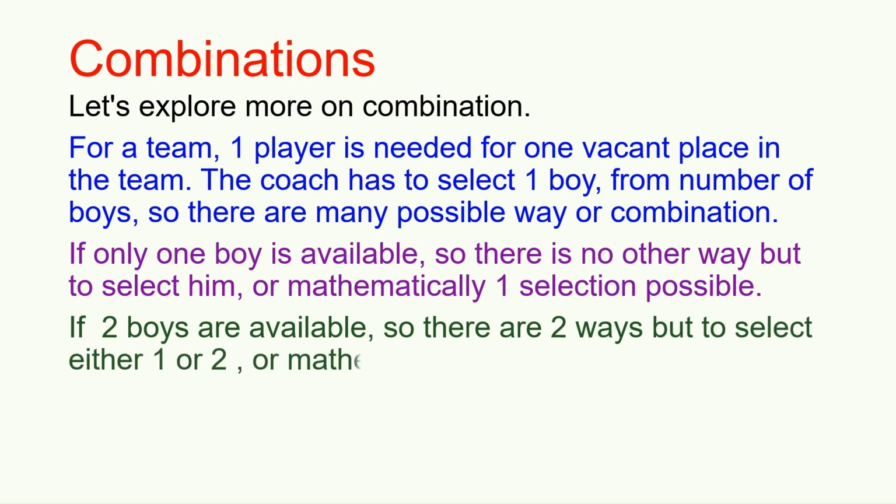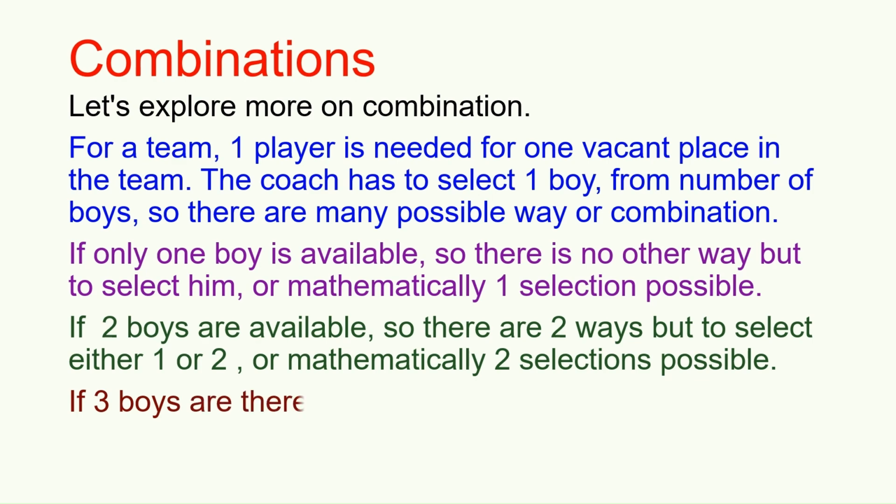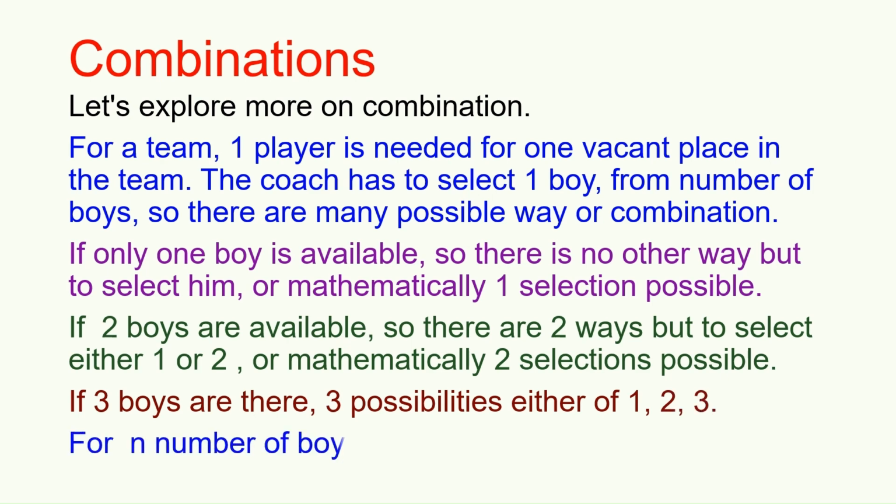If 2 boys are available, there are 2 ways to select either 1 or 2, or mathematically 2 selections possible. If 3 boys are there, 3 possibilities: either of 1, 2, 3. This means for n number of boys,